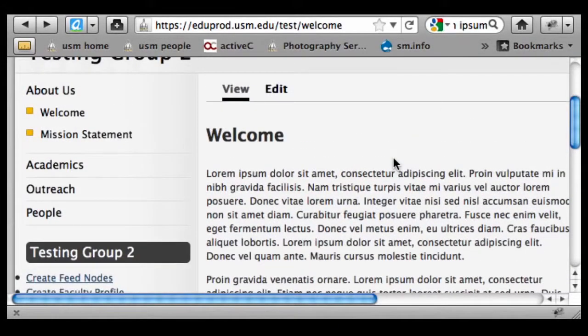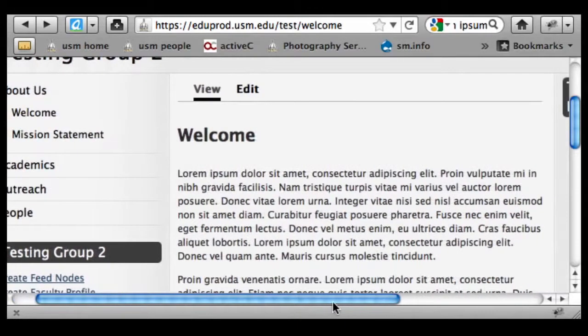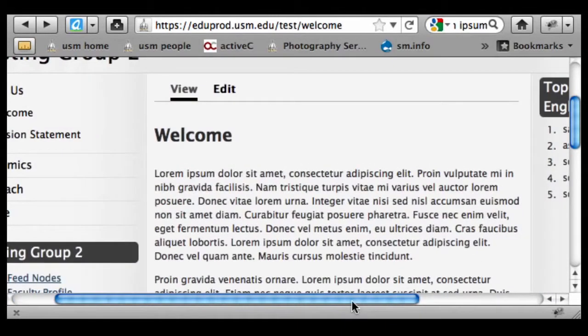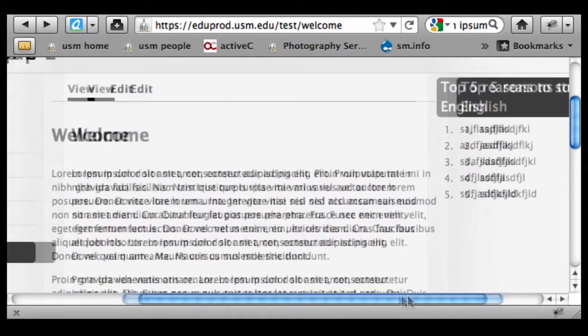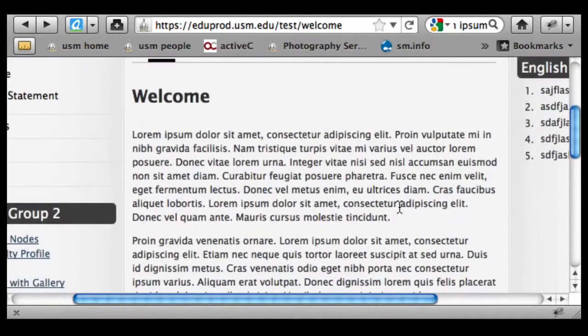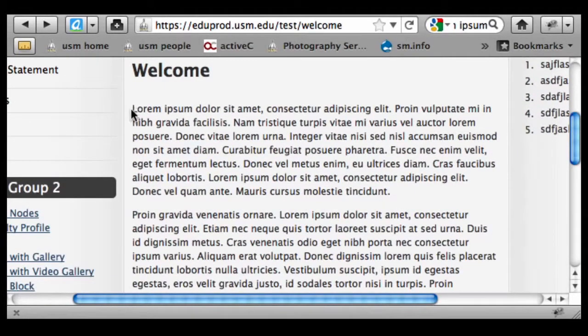Okay, let's talk about creating or editing content on a page. I've just grabbed some lorem ipsum, which is just Latin to use as a placeholder. We'll talk a little bit more about blocks in subsequent videos, but I have assigned a block to this page, and what I wanted to demonstrate is that our intent was to create a more readable content block